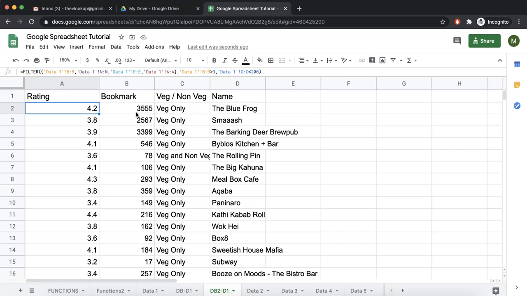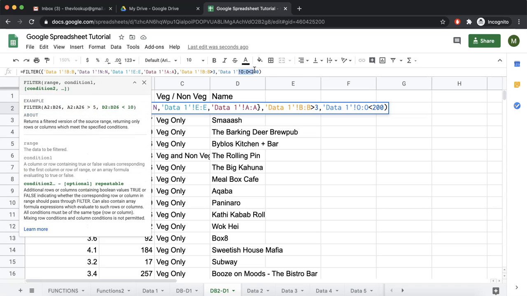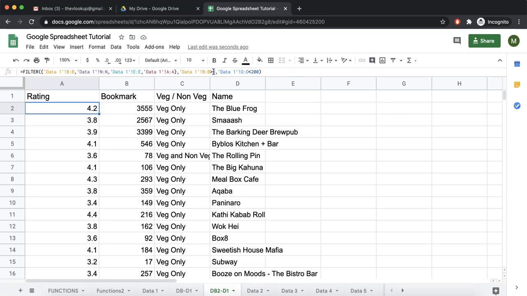Write the different filter conditions yourself so that you get comfortable on how to use the filter. Now in this case we are not getting the header, and that is for no reason. Remember in the last time when we did something greater than, then also the header was coming as a part of filter. Right now it's not coming, again because of some machine language. Maybe something less than 200 is not taking the header, or something greater than 3 is not taking the header. But you should be very careful.